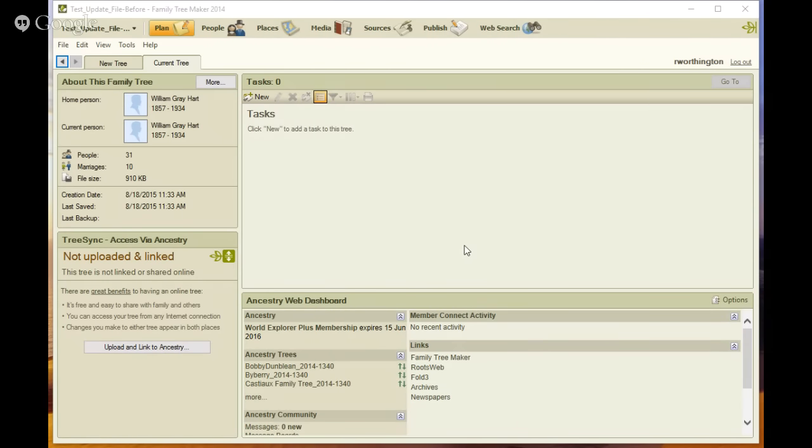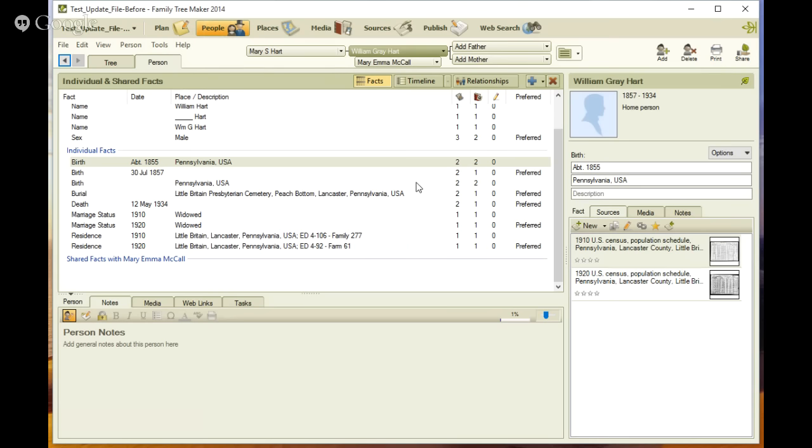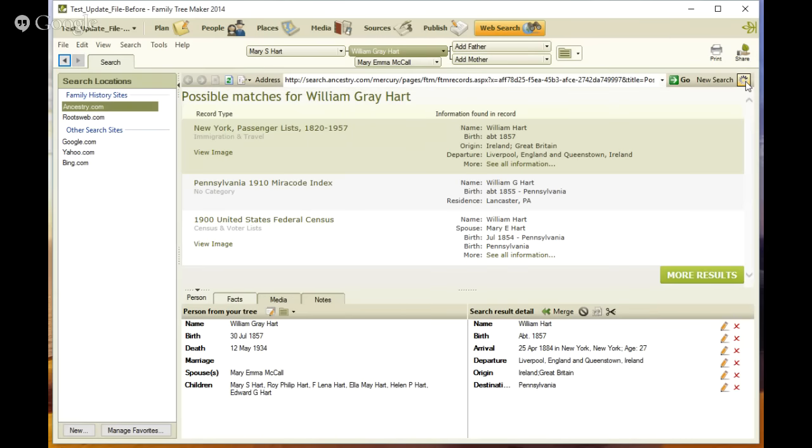Okay, I'm in the plan workspace where I normally start. I'm going to go to people and I will zoom in at the appropriate time during this demonstration. I have a shaky leaf over here and I'm going to see what the shaky leaf has. And it has the 1900 federal census. Now I happen to know that this is my person,